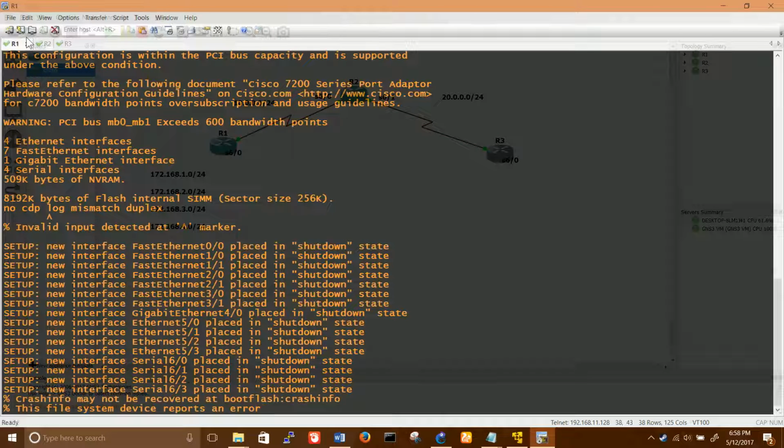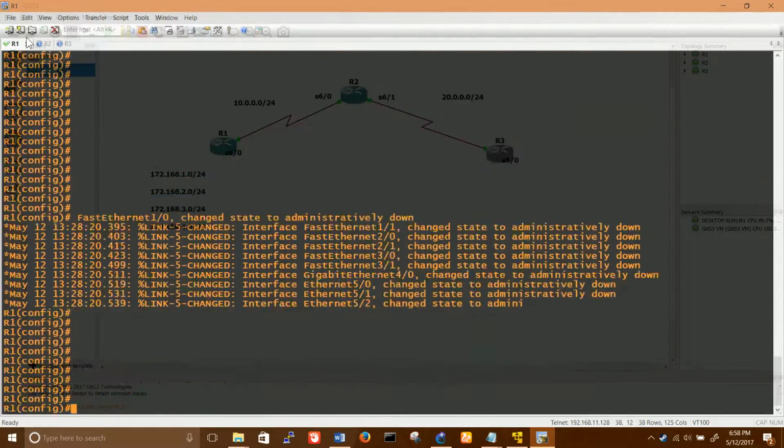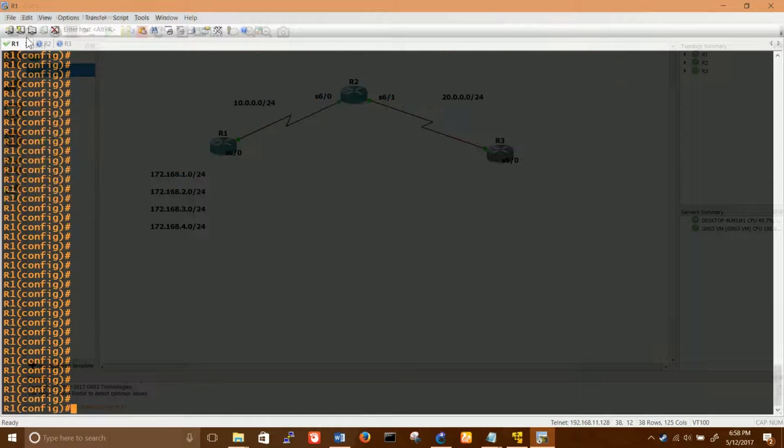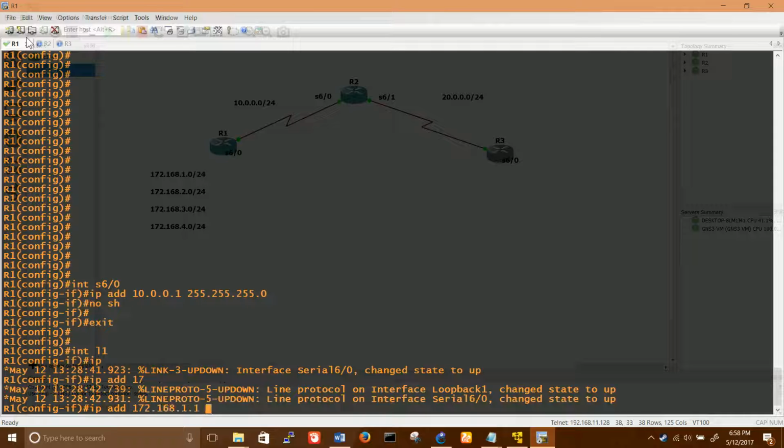So first the basics, the IP addressing should be perfectly fine. Then only we'll talk about the routing, and then finally comes the route filtering. Interface serial 6/0 we have this time. IP address will be 10.0.0.1 255.255.255.0. No shut, exit out. Interface loopback 1, IP address 172.168.1.1.